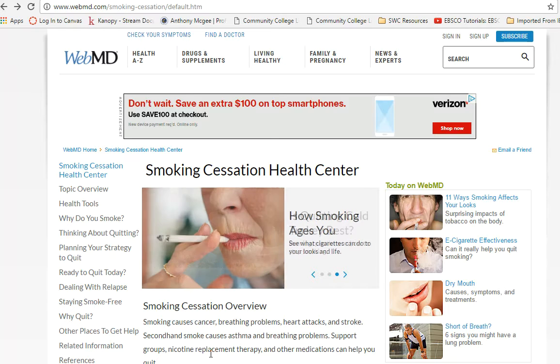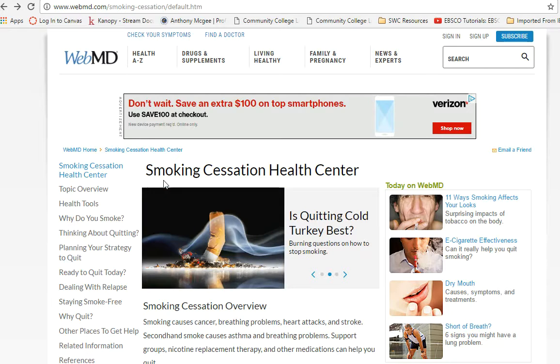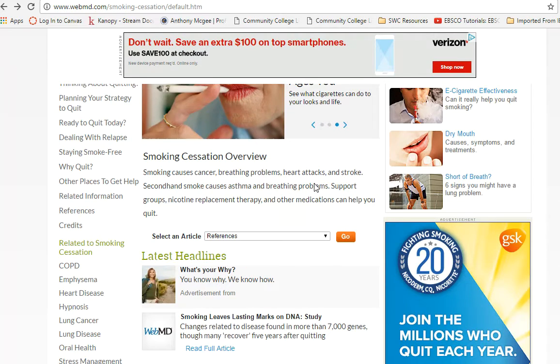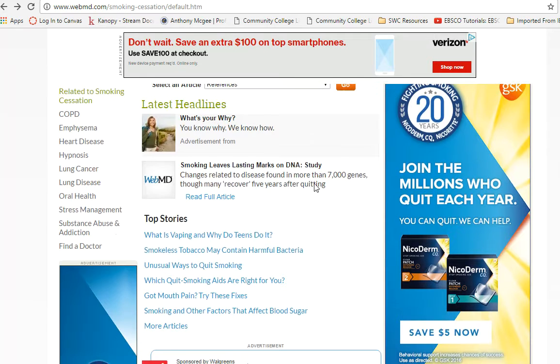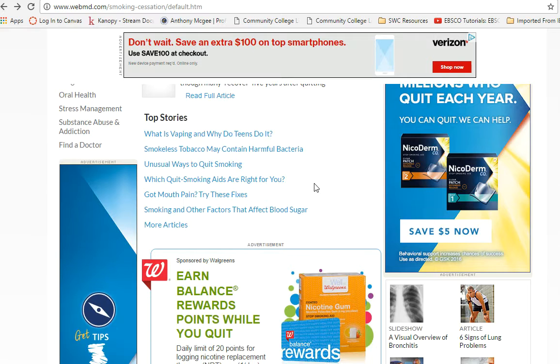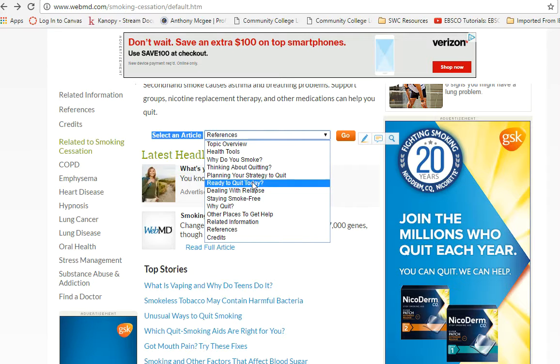Okay, class, as we get started with the WebMD website, this is the website that we were evaluating for the first part of our evaluation assignment. With this particular site, it's kind of hard to find, let's say, a publication date or how current the article is. It has a little section near the bottom where it says select an article. And you can go into different pages in the smoking cessation